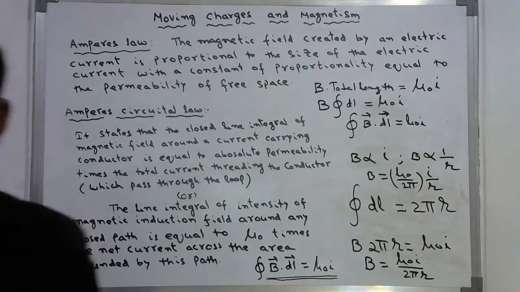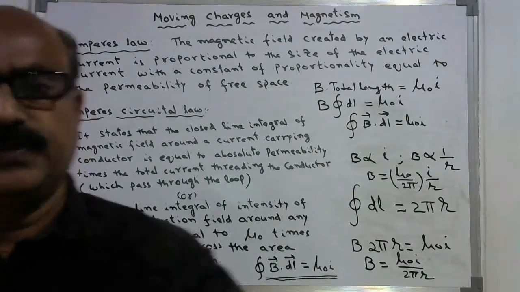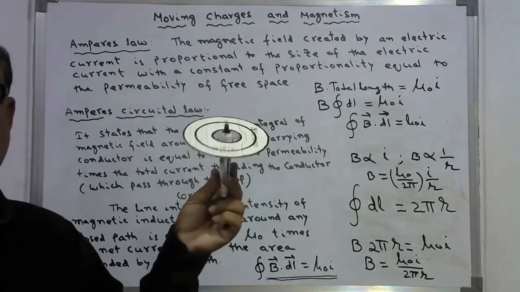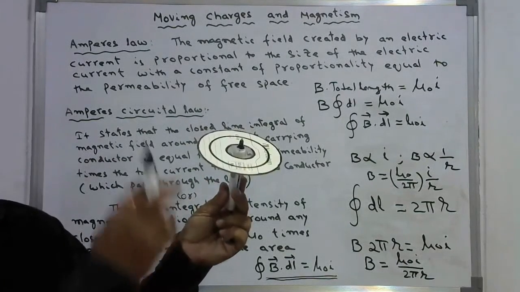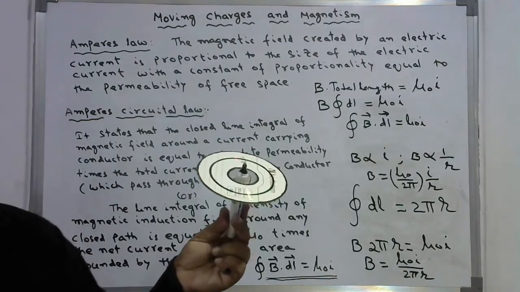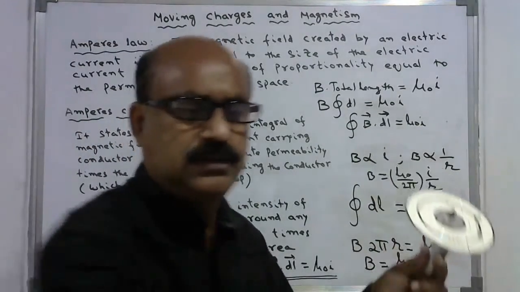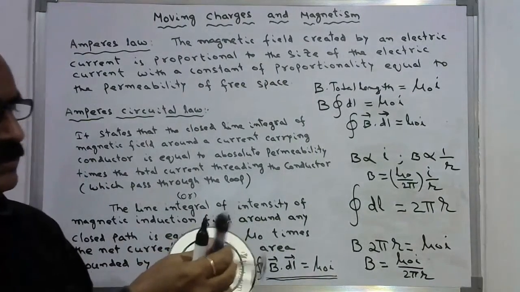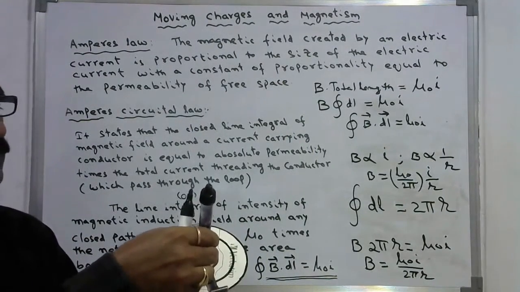Threading the conductor means, say for example, you just observe this. This is a current carrying conductor, and you see the current is passing through this way,